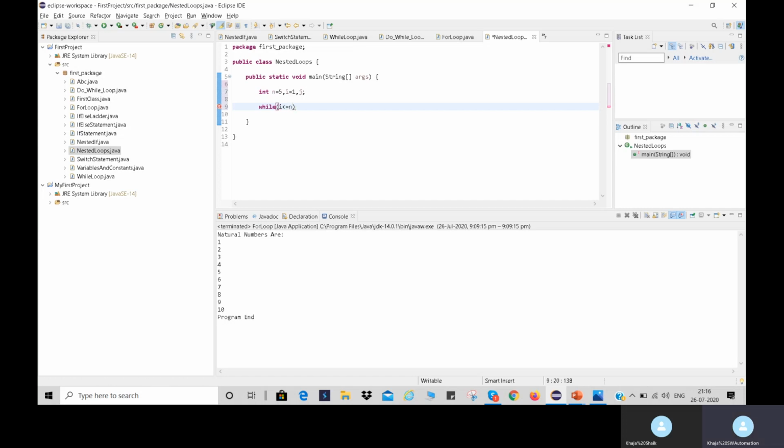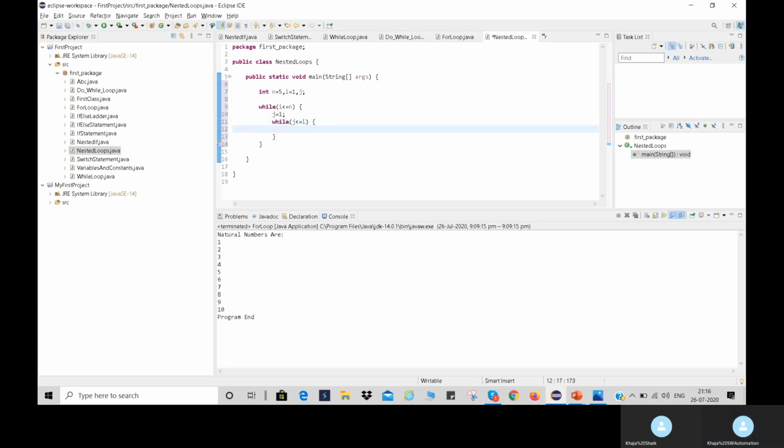Then I'm writing one more loop, and before that j is equal to 1. I'm taking one more variable, j is equal to 1. I'm assigning the value to j, and while j is less than or equal to i, I'm writing the condition like this.